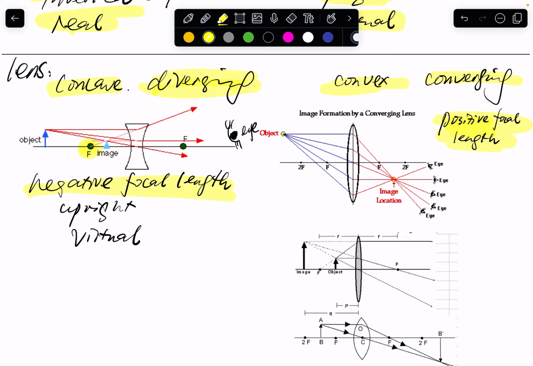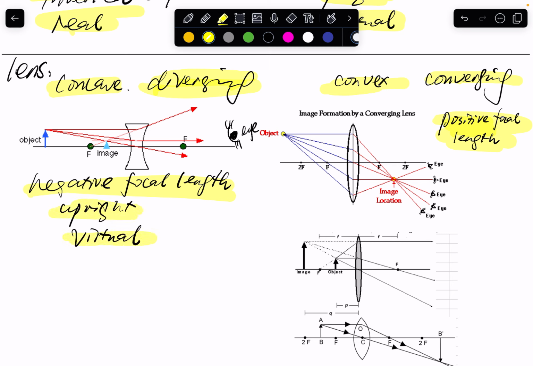converges at the same side of the object, which is not what refraction is, right? It's what reflection is, right? And then it diverges, so that's why it's a diverging lens, but also it has a negative focal length. Okay, all right. And then as you can see in the image, the negative focal length, the concave one, has